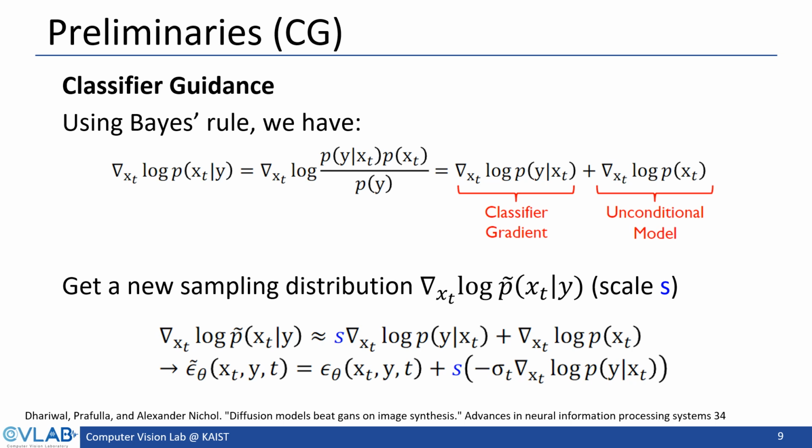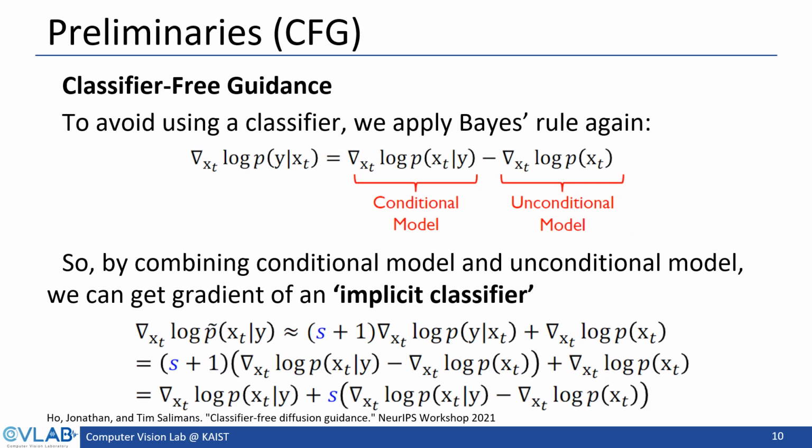Before introducing our method, I will briefly explain existing guidance methods. Classifier guidance uses Bayes' rule to compute the conditional density by combining the unconditional model's prediction with the classifier's gradient. This gradient is applied throughout the diffusion sampling process, and the strength of the condition can be adjusted by a scale factor S. Since classifier guidance requires training on additional